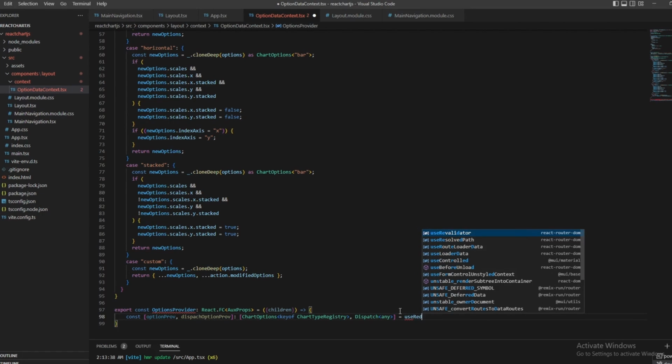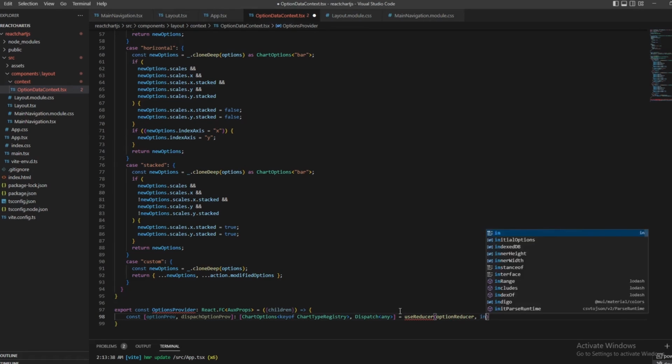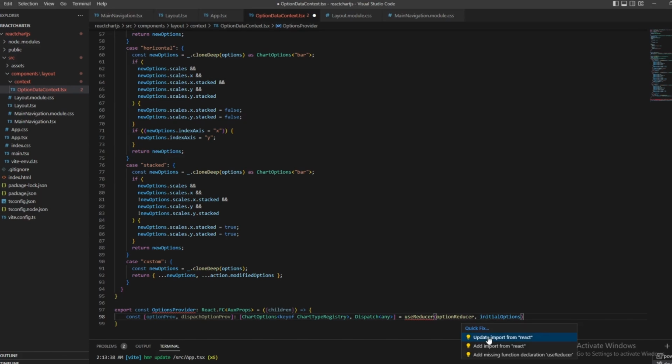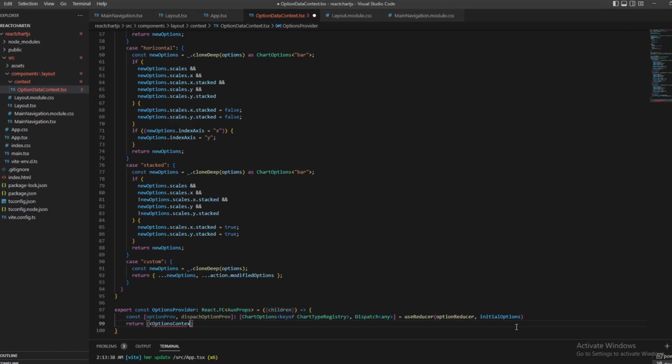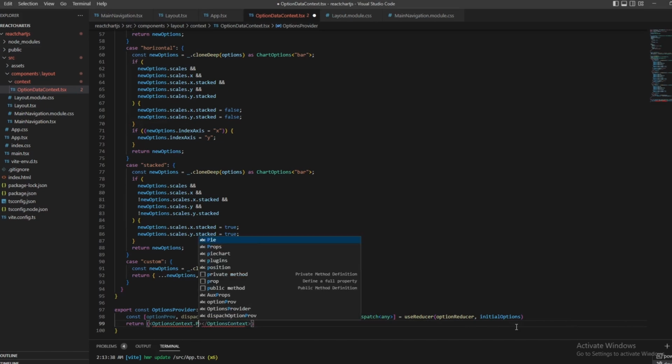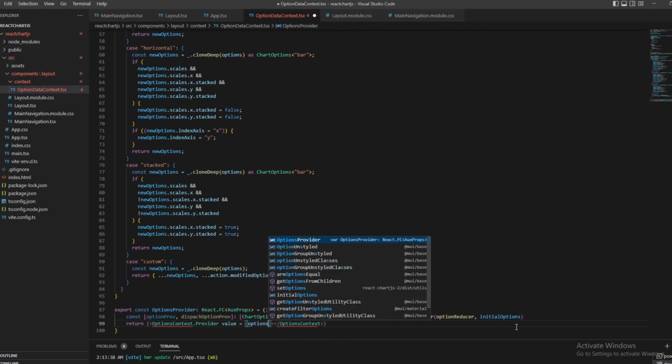And after that, we must put them in a use reducer hook. And how do we do it? We simply put use reducer, and we will put the options reducer that we first of all created, and our initial options to be the first interaction with our use reducer, and of course import it. And what should we return? Well, we will return our options context first of all, and this is not actually what we are going to return. It's going to be our options context provider, and this is going to have an initial value for the options provider,